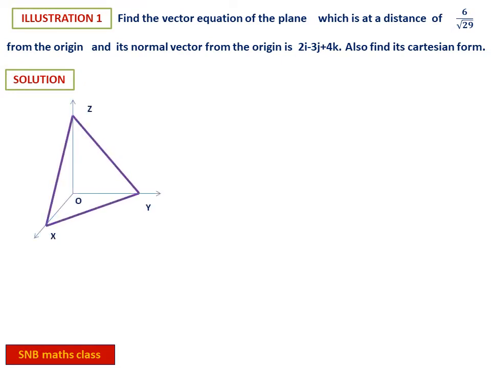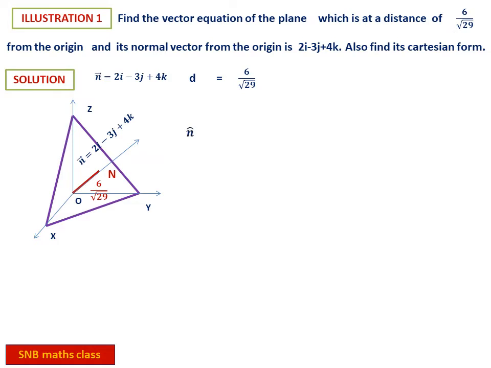See, this is the coordinate system. This is the plane. So what is given is N is the point on the plane such that ON is perpendicular to the plane. Therefore, ON is 6 by root 29 because distance from the origin to the plane is 6 by root 29. This is one thing given. Second one is from O, if you draw a vector, that vector is 2i minus 3j plus 4k. But students, please note, this is not a unit vector. This is only a normal vector. Normal means perpendicular. Therefore, what is given here is N equal to 2i minus 3j plus 4k and D equal to 6 by root 29.